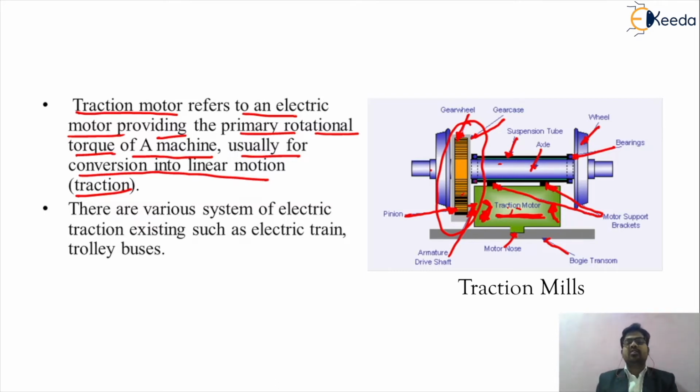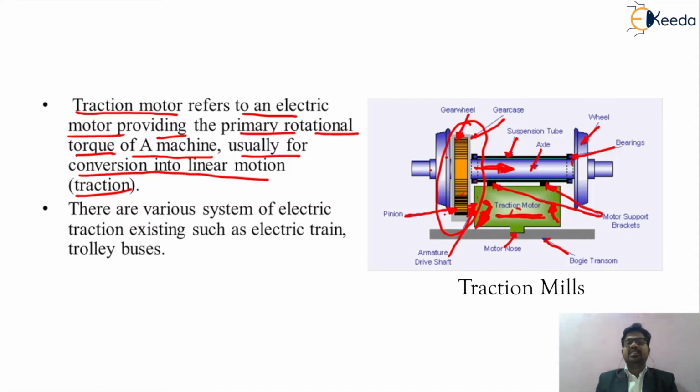So the traction motor rotates in rotational motion, and now we want translational motion, or linear motion, of your output, that is, the train. For that, we are using this gear wheel and pinion mechanism, which converts the rotational motion into a translational motion, and by which these two wheels are rotating. This is the mechanism by which we get the linear motion system. So friends, this is the actual concept of the traction drive that we prefer for different types of tractive effort. This is a very important concept.